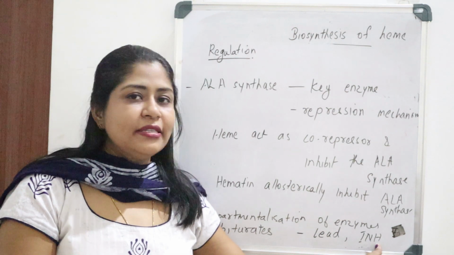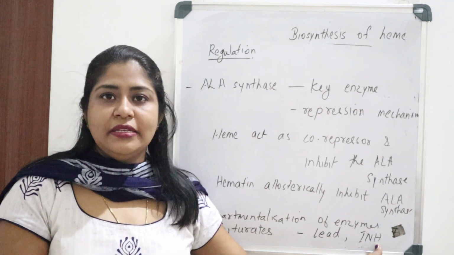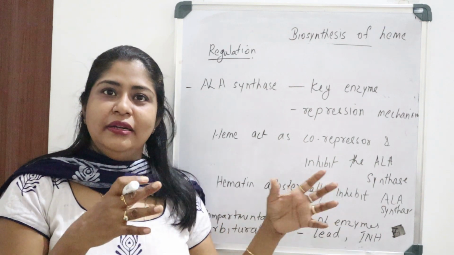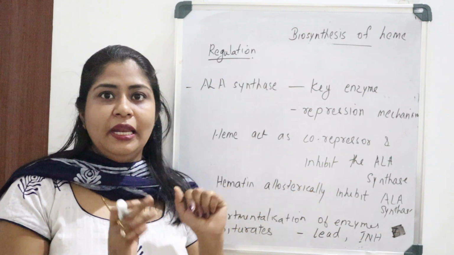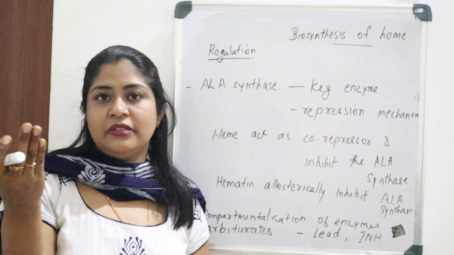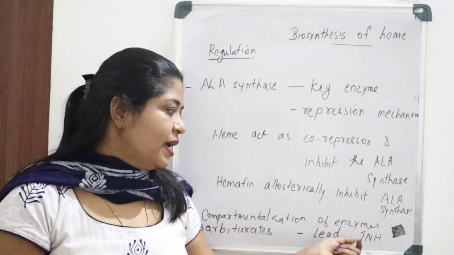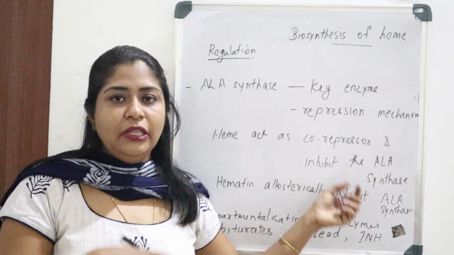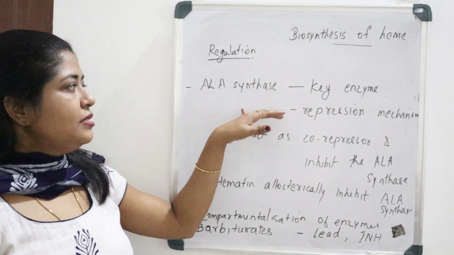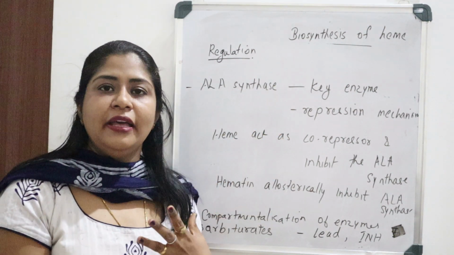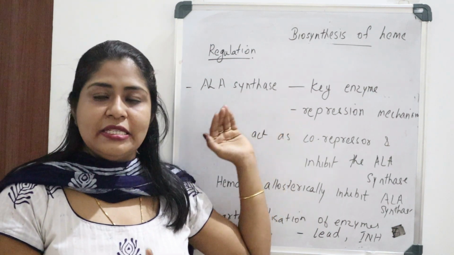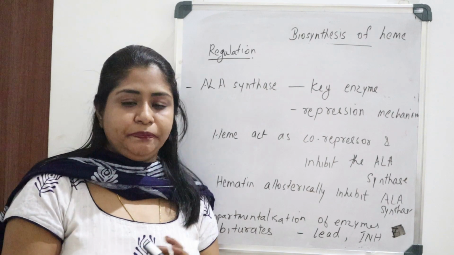പിന്നെ ഐസോനിക്കോട്ടിനിക് ആസിഡ് ഹൈഡ്രസൈഡ്, INH, and that will actually decrease the availability of PLP നമ്മൾ കണ്ടു, pyridoxal phosphate that is required for the ALA synthase for its function. അപ്പോൾ ഈ PLPയുടെ അവൈലബിലിറ്റി കുറയ്ക്കും ഈ ഐസോനിക്കോട്ടിനിക് ആസിഡ് ഹൈഡ്രസൈഡ്. അപ്പോൾ ഇതൊക്കെയാണ് അതിൻ്റെ റെഗുലേഷനിൽ മെയിനായിട്ടും വരുന്ന കാര്യങ്ങൾ. ഇനി നമുക്ക് ഇതിൻ്റെ ALA synthase അല്ലെങ്കിൽ ഹീം എങ്ങനെ co-repressor-ആയിട്ട് ആക്ട് ചെയ്തിട്ട്, അതാണ് ഒരു മെയിൻ റെഗുലേഷൻ ഇതിൽ നമ്മൾ പറയാം. co-repressor-ആയിട്ട് ആക്ട് ചെയ്തിട്ട് എങ്ങനെയാണ് ALA synthase-നെ ഇൻഹിബിറ്റ് ചെയ്യുന്നത് നമുക്ക് നോക്കാം.